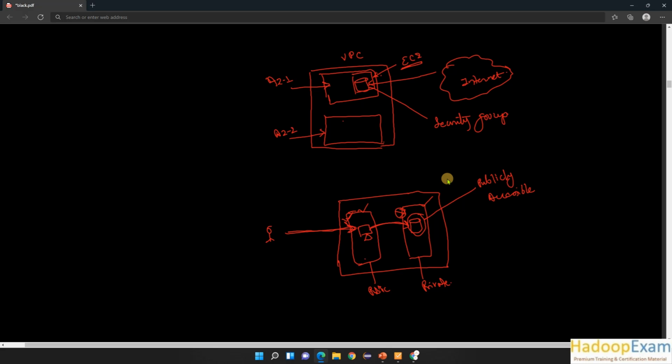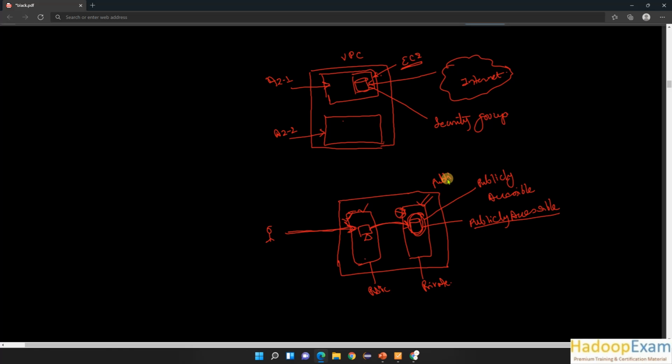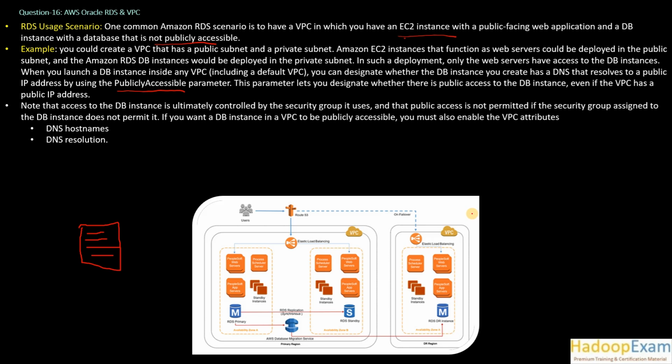Basically, unless you set the publicly accessible parameter on this database, even if your subnet is public, you cannot access it. Let's say you mark this subnet as public, then only can you access this RDS instance when this value is set. And there are two parameters called DNS hostname and DNS resolution. There are two parameters you need to set.